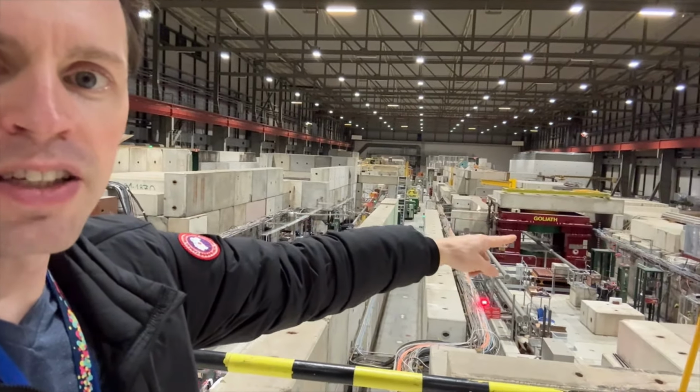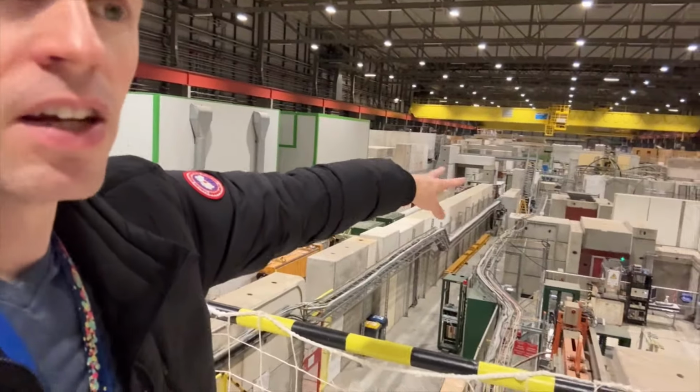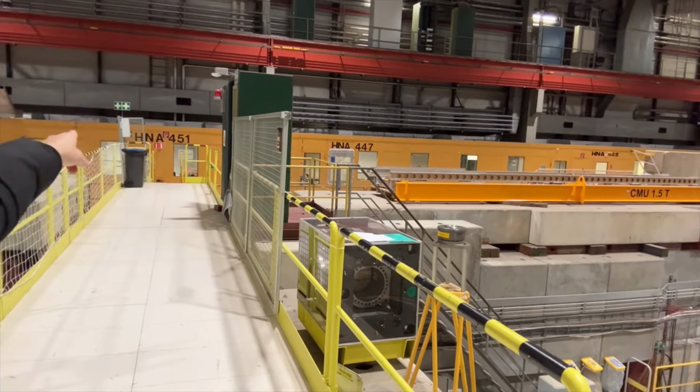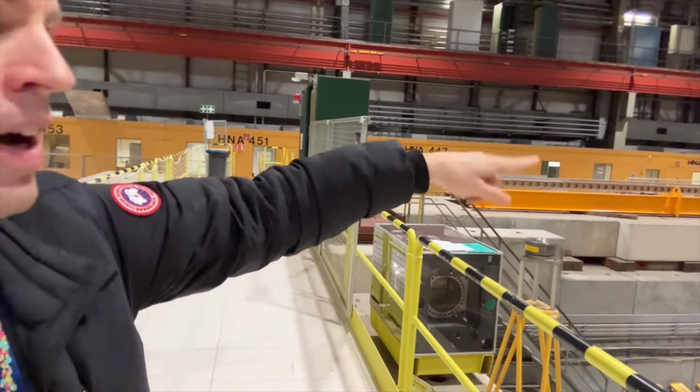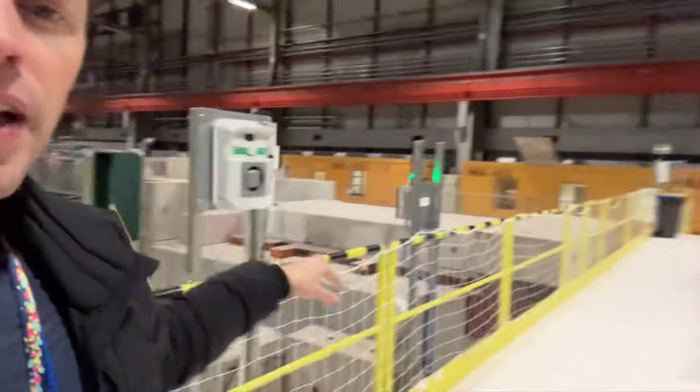And then this is another beam line. And these beam lines, they go all the way down the facility. And see these yellow boxes? They have numbers on the top. 451, 447, 445. These are all control rooms for the various stations where you can set experiments up along the beam line. And then we all take turns on a single beam line. We all take turns deciding who gets to use the beam or not. Because if your stuff is in the beam, then